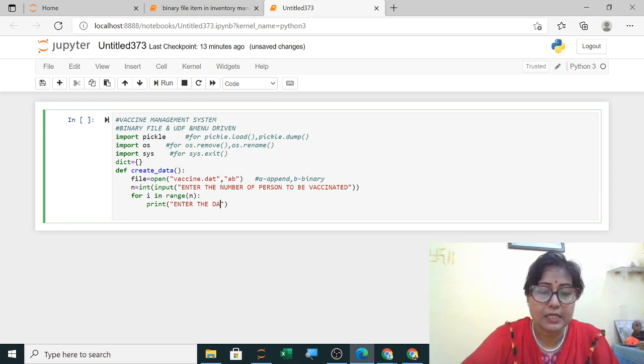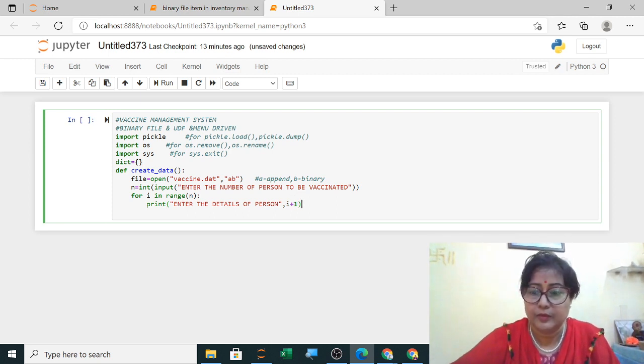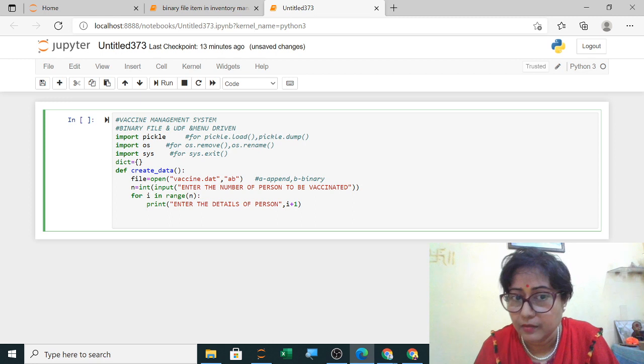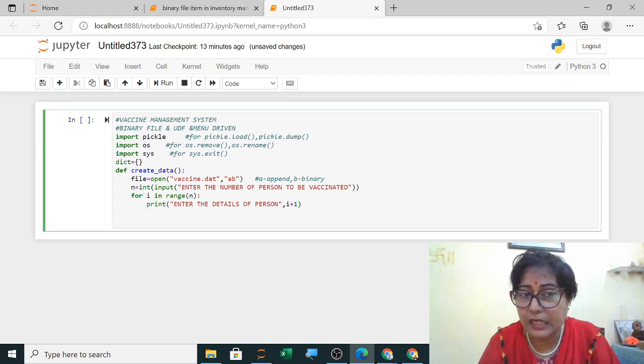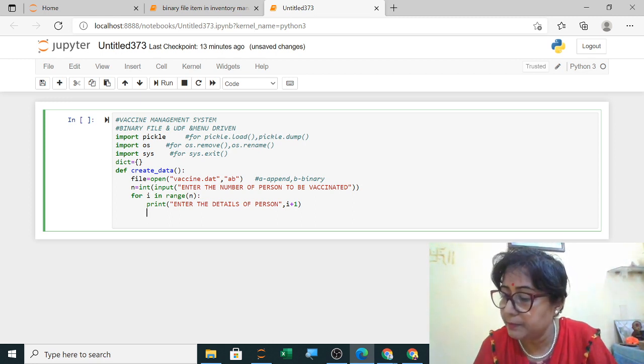Now when you are asking to enter the details, you can mention here details of person. Now here I am mentioning which person, it will be i plus 1. Index value will be 1 less than the original, so i plus 1.